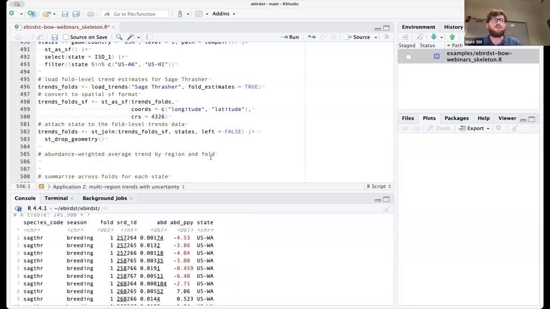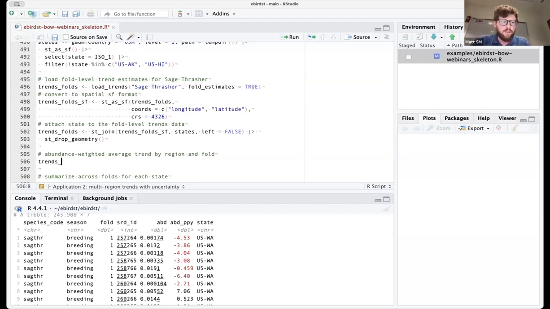So the next step is to do exactly the same thing I did for that previous simple example and calculate the abundance weighted trend within each state now. And I'm going to do that for every fold. So the result of this will be for every state, I'll have 100 estimates of the percent per year trend.